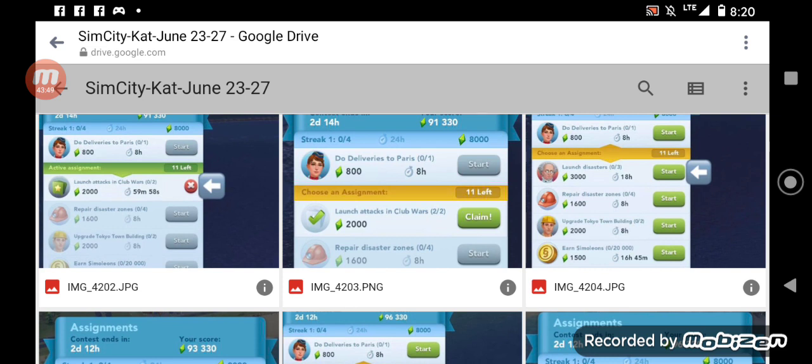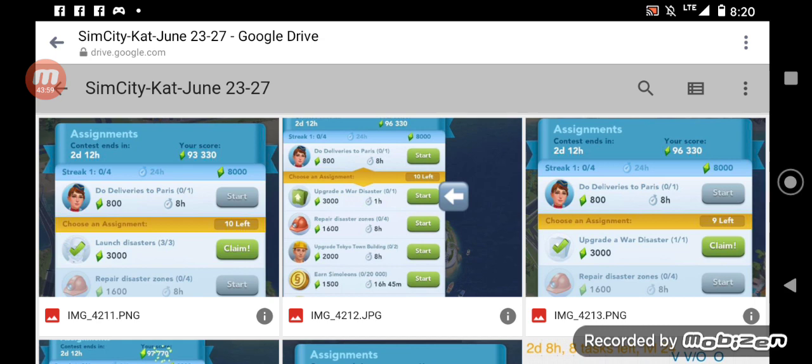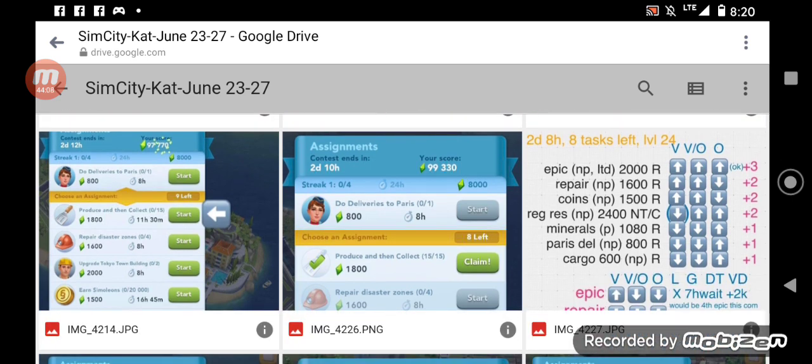So she gets a 3K VU. I hope you guys can see it this way so I don't have to keep doing this. So she gets a 3,000 VU, which is correct. That makes it the main task. Then she gets an upgrade war card. That is correct. And then she gets a 1,800 spatulas, which is correct. Okay, now she has...